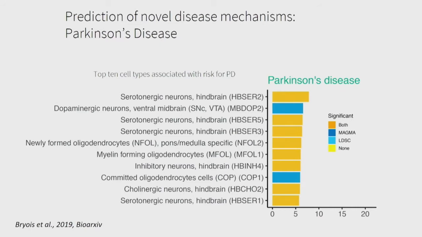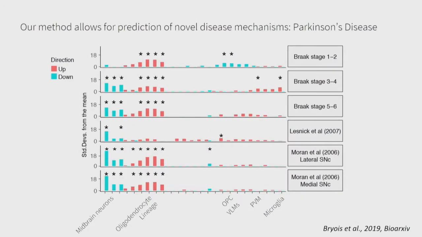And if you took all that GWAS summary stats and you divided it per cell type, we found the things that we were expecting, which is serotonergic neurons, dopaminergic neurons, etc. But we found a very strong signal for oligodendrocytes. And this was a surprise to us. It turns out, if you go back to really old data, there is some data on oligodendrocytes being affected in Parkinson's. But what we did is that we then went to bulk sequencing samples that have been published.